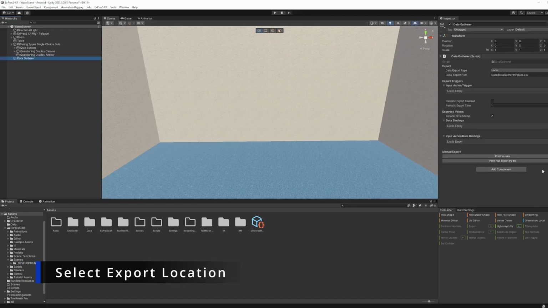We will start with the basic properties of this component. Starting with the export, we can either store data locally or send it via HTTP to a remote server. This will help get the data from remote applications. For local data, you must provide a local export path, which is a subpath to the file you want to store it. In this case,